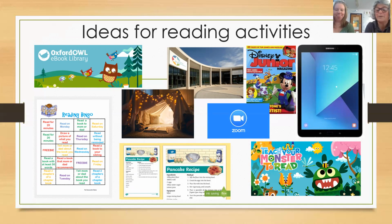Cooking is fabulous. You know, we've got a pancake recipe there. The more things that you can do together that involve reading, the instructions on that new video game you've just bought, it's all reading, it all counts. And again, you know, maybe find some reading bingo and have a go at playing it. Can you cross off